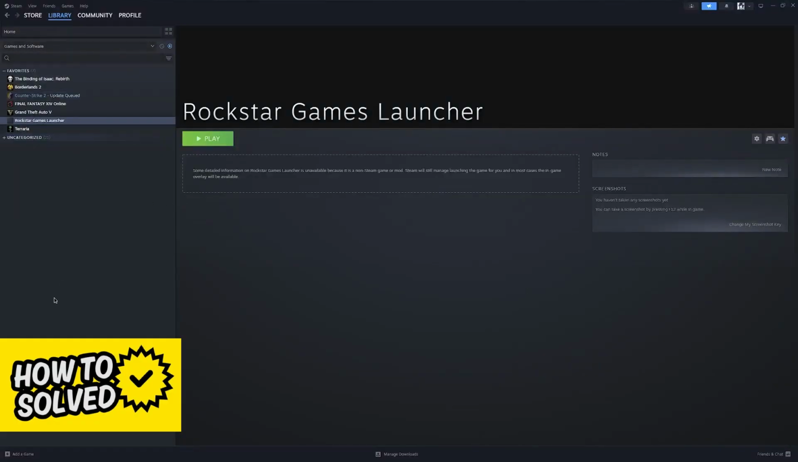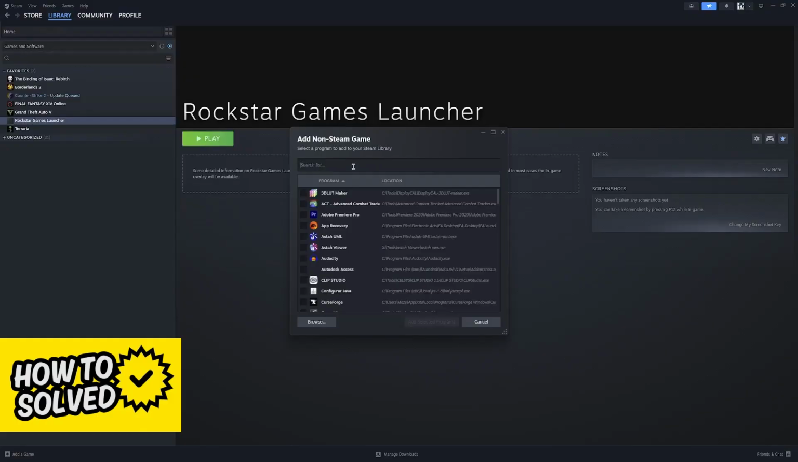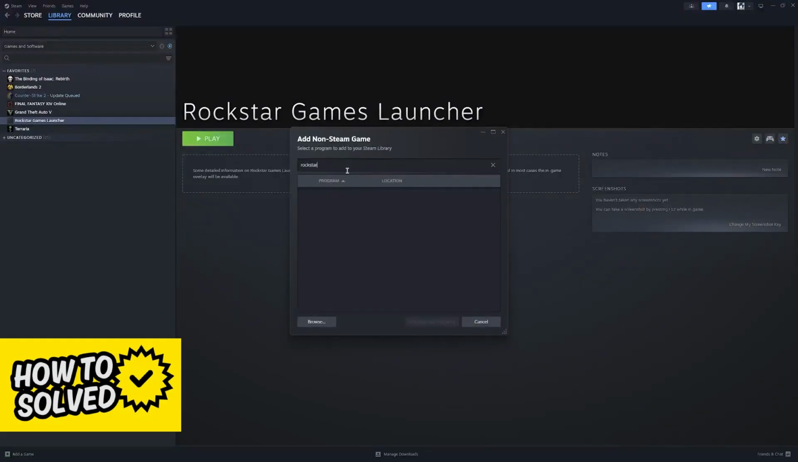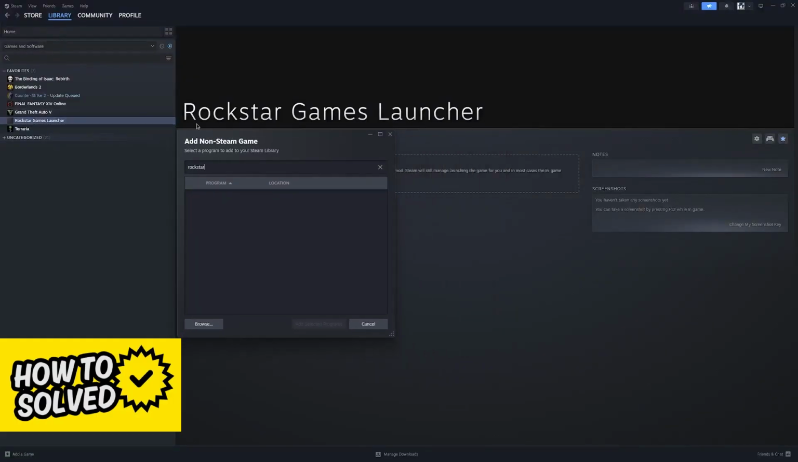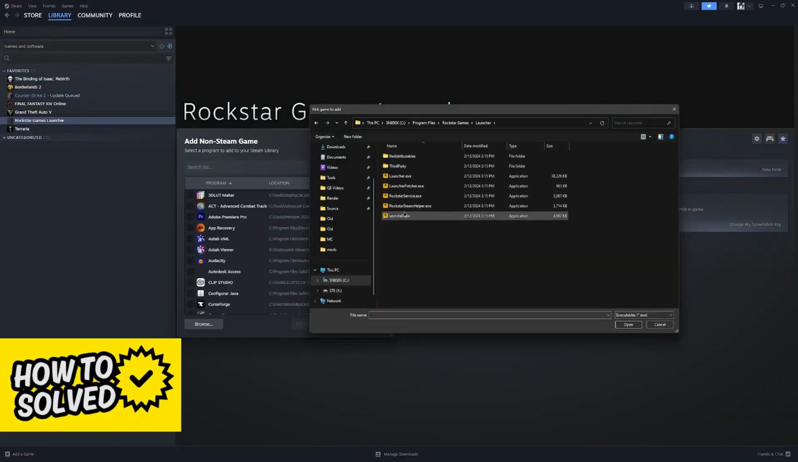So go to your Steam library and in here click the option to add a game. Choose add a non-Steam game and you will be able to look for Rockstar on this list. For me, I already added the game, so it is not appearing. But if you still need to add the game, go into Browse, and all that you have to do now